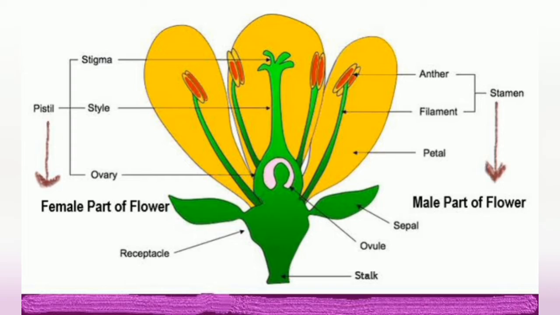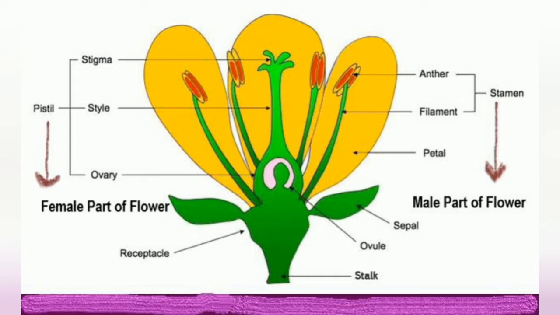Carpel. Carpel is the female reproductive part of the flower. It comprises of the stigma, the style and the ovary. Together they are called the carpel. Style is in the center and you can see it as a long tube like stalk in the middle of the flower, which is called the style.